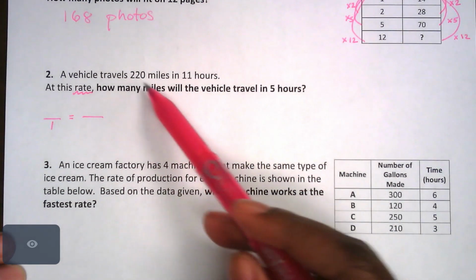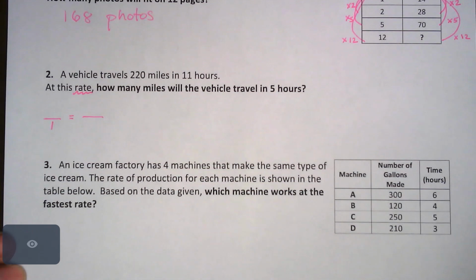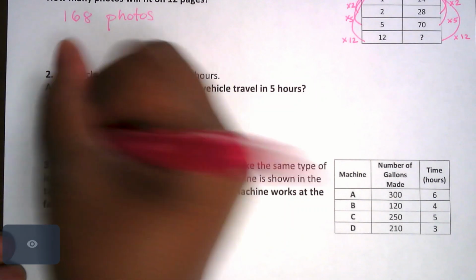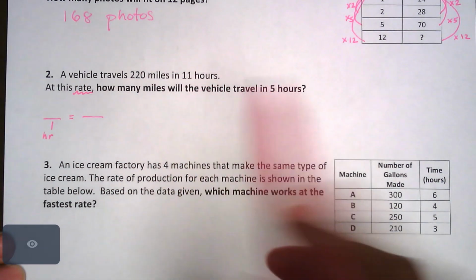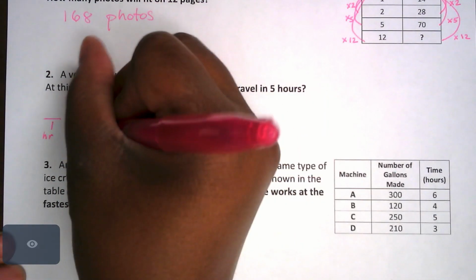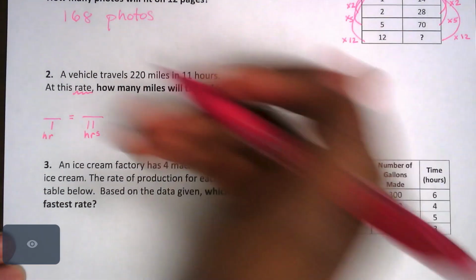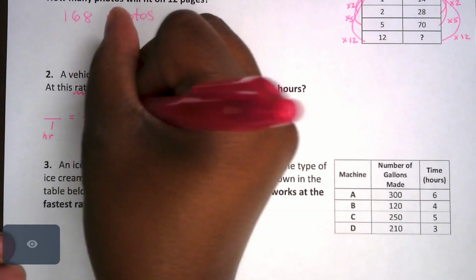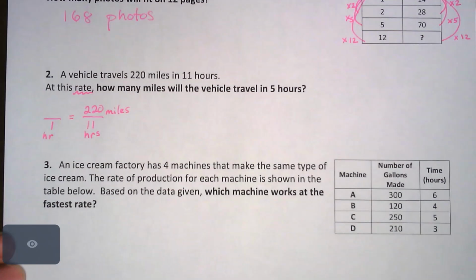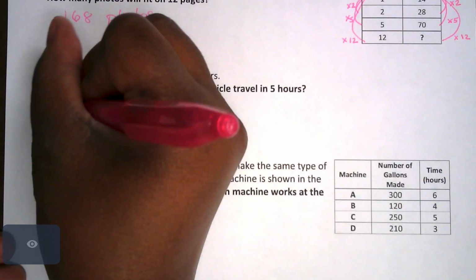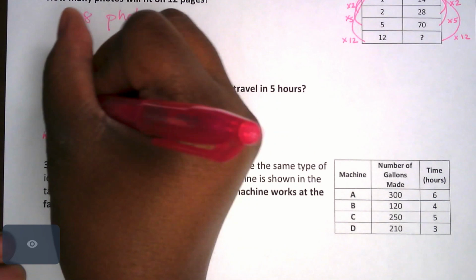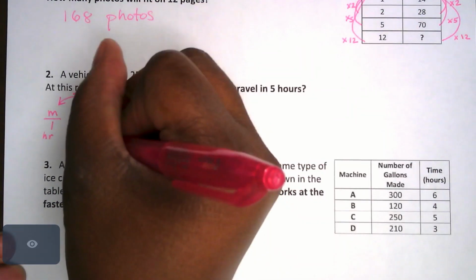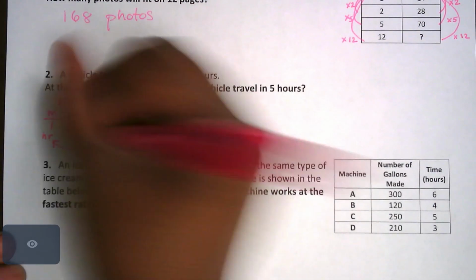But I have to find what unit is going to be for that 1. So I know 220 miles in 11 hours. That means I want to know how many miles in 1 hour. So in the denominator will be our hours. So I have my 1 hour there. Now I take from the problem the 11 hours. And for that 11 hours, there were 220 miles. So I am going to use M for miles for what we do not yet know. I'm going to point my first arrow there and point my second arrow in the other part of the ratio